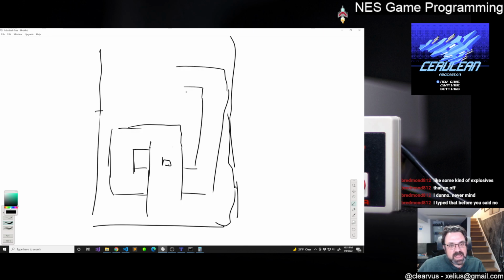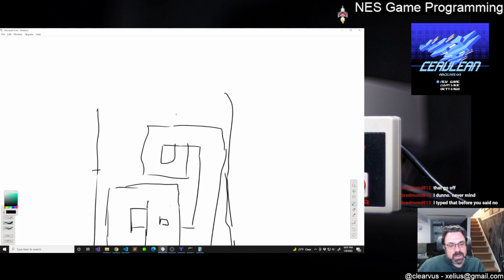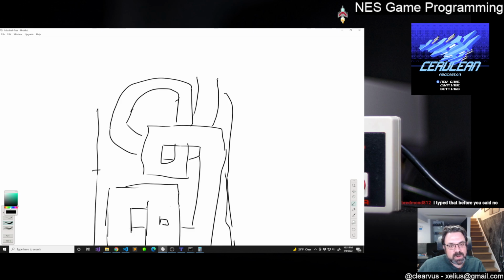Sometimes they are simple, sometimes complex, sometimes erratic. We plan the enemy deployment based on where the player should be moving the ship